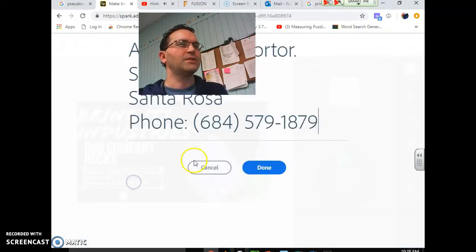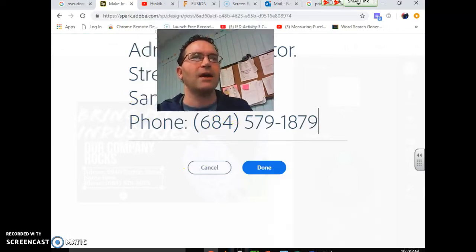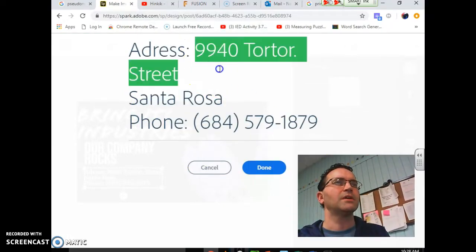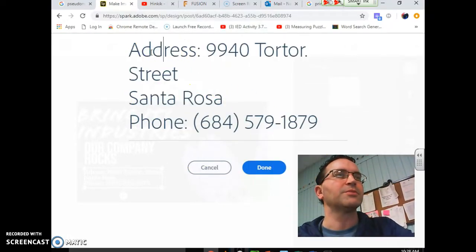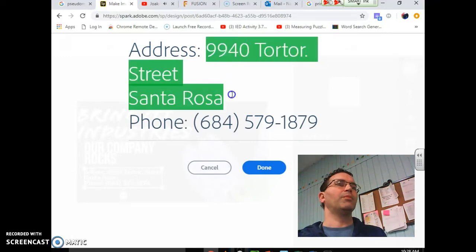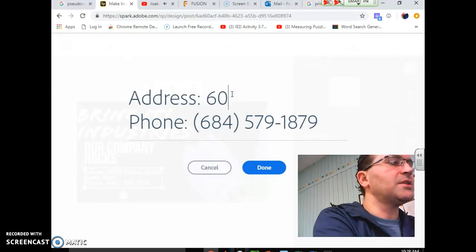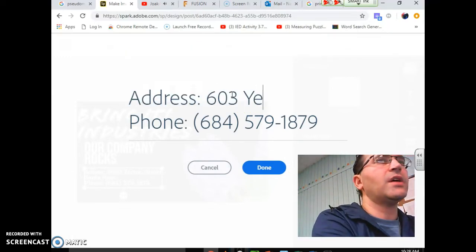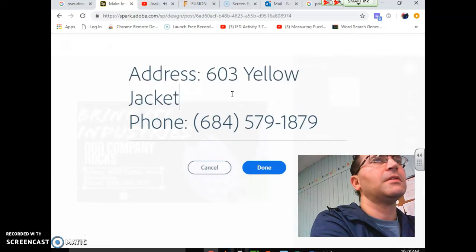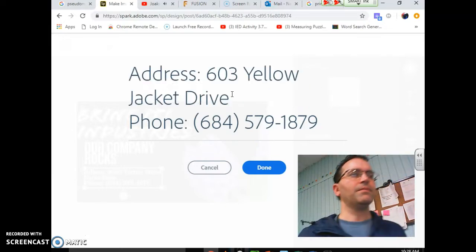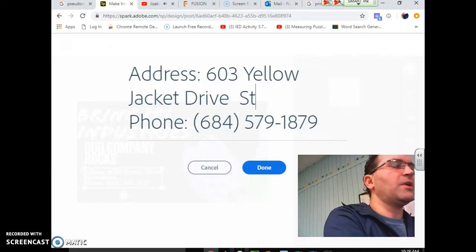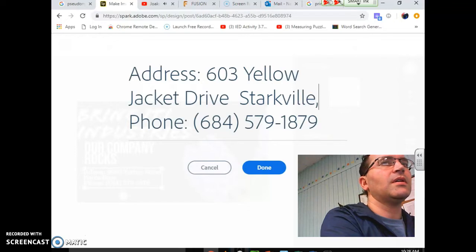Now I'm going to change my address. Your address is going to be the same as my address. It's going to be our school address. So notice the word address is misspelled, and put a D there. Alright, our address is going to be 603 Yellow Jacket Drive. Okay, and so space, Starkville, Mississippi